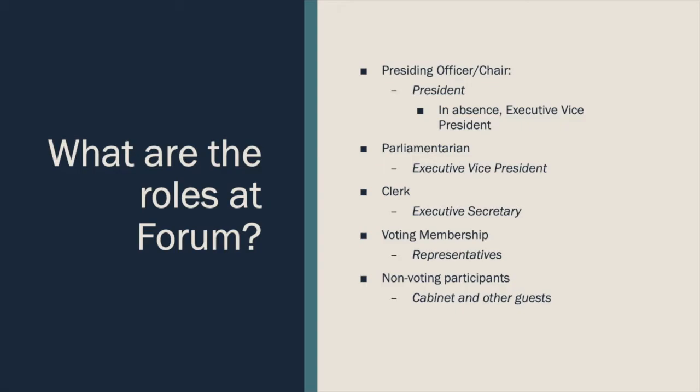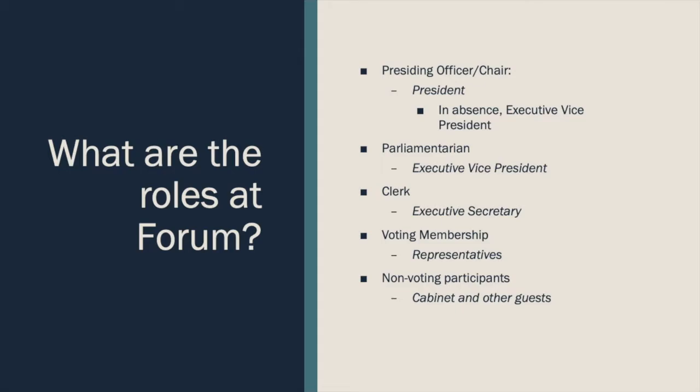The executive vice president of GCSA, or more commonly referred to as the student body vice president, will serve as presiding officer whenever the president steps away from his role as presiding officer. So whether that's him not being able to be there, him and her not being able to be there, or if they step away from that role so that they can participate in some other way, the vice president will then step in. Otherwise, the executive vice president serves as the parliamentarian, which is a little bit interesting because commonly